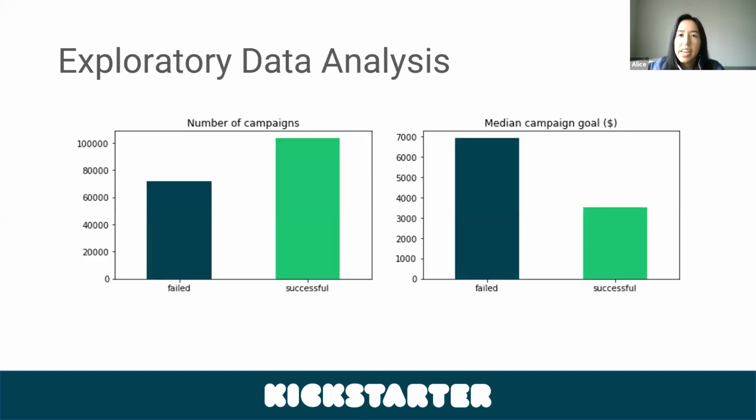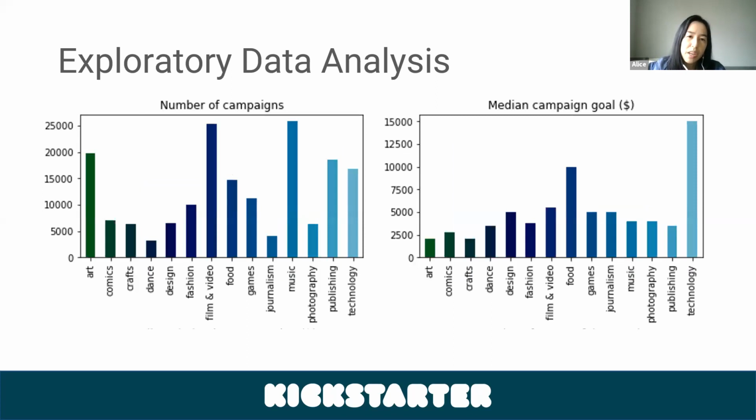Here we have some EDA. We can see in terms of the classes that the ratio of successful to its counterparts is about 63-37%. In terms of the campaign goal, we see that successful projects have preset goals at about half that of its counterparts. In terms of category of project for these campaigns, we see that art, film and food, and music are